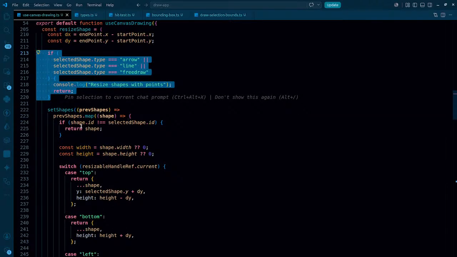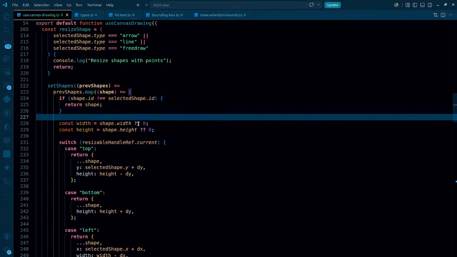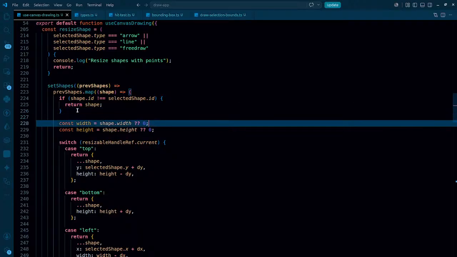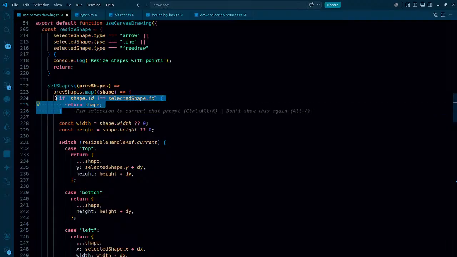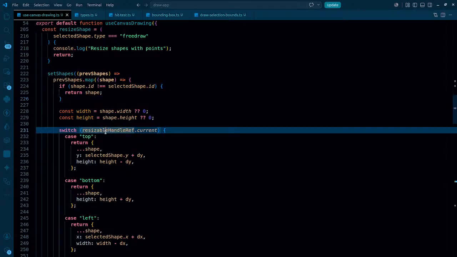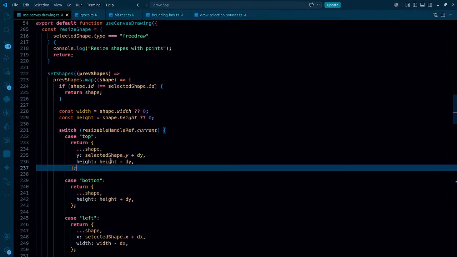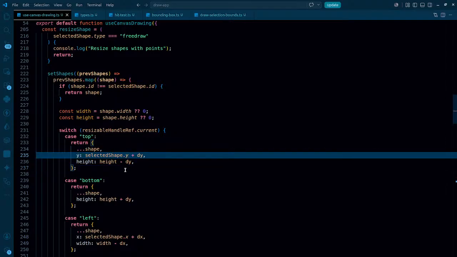Otherwise, previous shapes, shape. What is it doing here? If shape.id is not equal to that, then of course we just return the shape from here. That is fine. Otherwise we have to resize the shape. So when it comes to resizing the shape, if that equals top, then in that case y is going to be selected shape y plus dy, and height